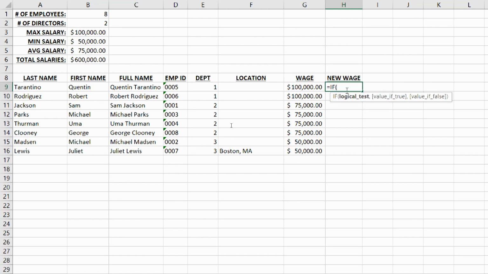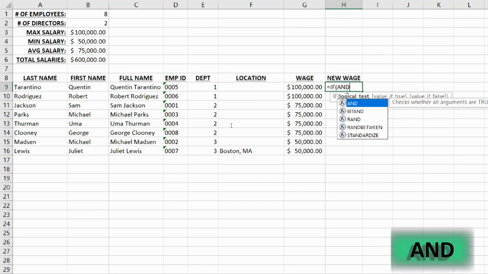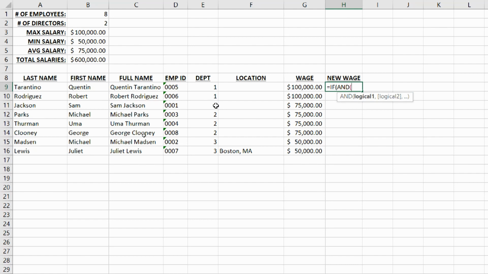And what were we going to test for? We're going to actually put in AND, because we want to test two things, not just one. So in this case, our logical test has two parameters. One is the last name Jackson. Two is a department number 2, okay? And so if we use AND, open parentheses, and we start our logical test being the last name is equal to